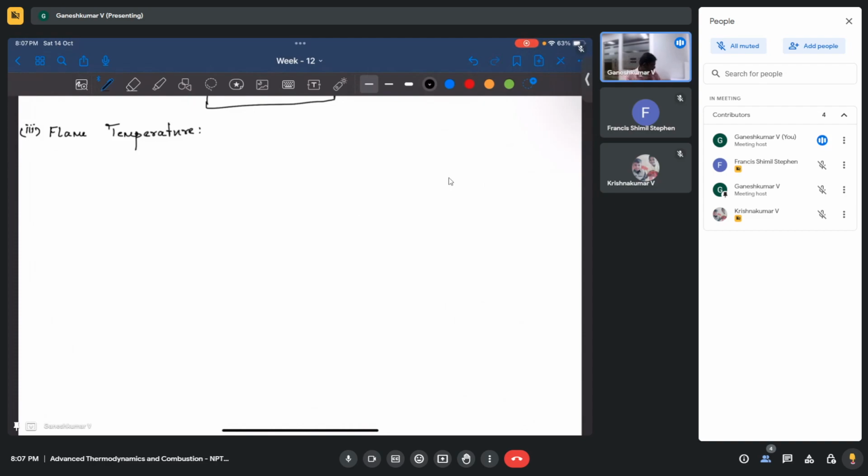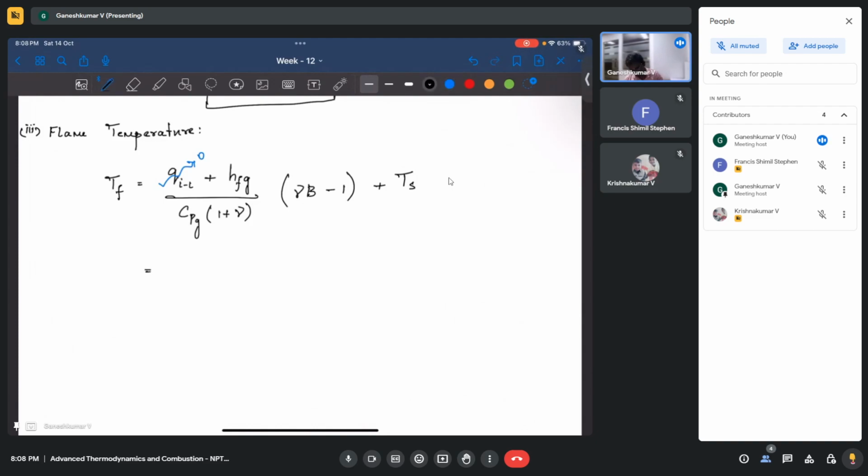Okay, so to find the flame temperature, we derived the equation already. Let me write it here. It is going to be (QIL plus HFG) divided by CPG, times (1 plus mu) to the power of (B minus 1), plus Ts. And similarly, we are assuming the droplet is at T saturation, so this QIL will be 0.